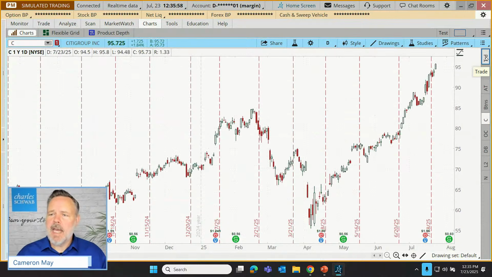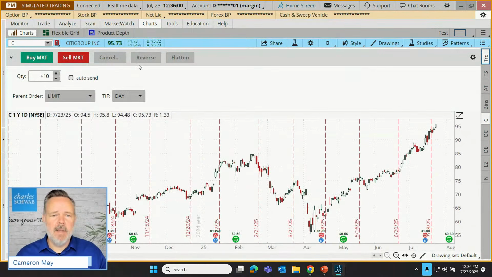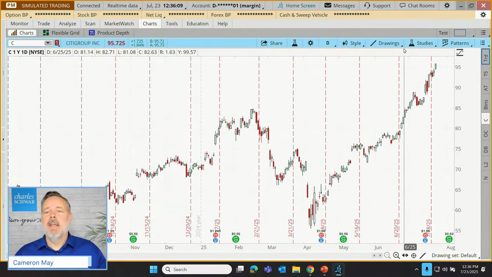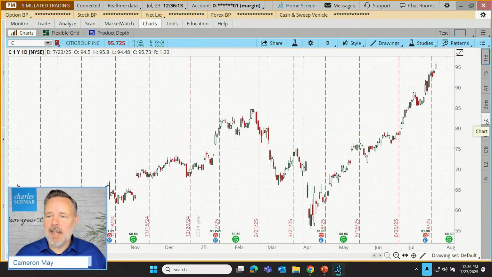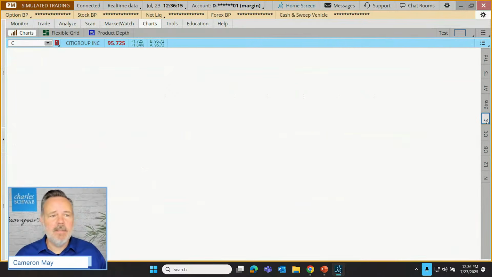Just know that to access it, we click on the button once, and there it is, and it will stay there. If we shut down Thinkorswim and come back the next time, it's still going to be there. To turn it off, we just click on that. Now that we know that, I want to point out that if we ever accidentally click the C for chart, this is what we get. Oh my goodness, if I load up Ford, I got nothing. What's happening?